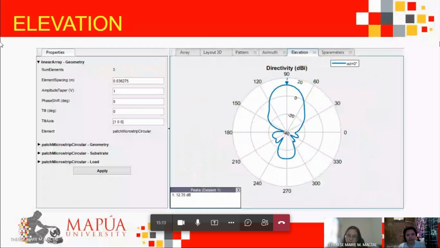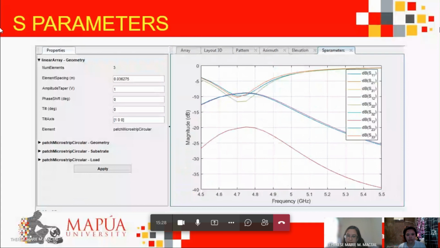For the elevation, as you can see, it elevates to 90 degrees, which radiates upwards and has a peak value of 12.35 dB. And lastly, for the S parameters, in this slide, this shows the value of the S parameters in the diagram. It is all below 0, which means that it can